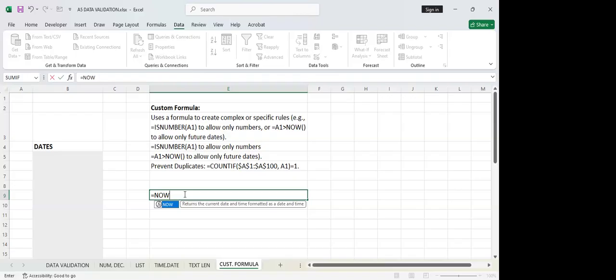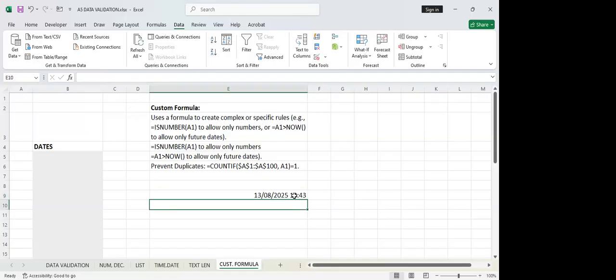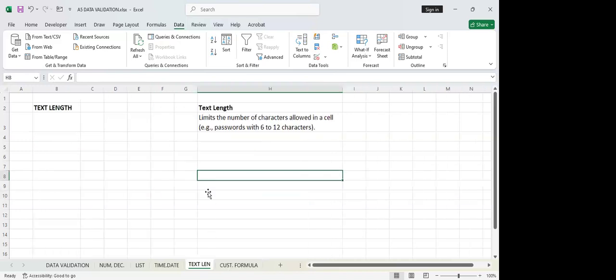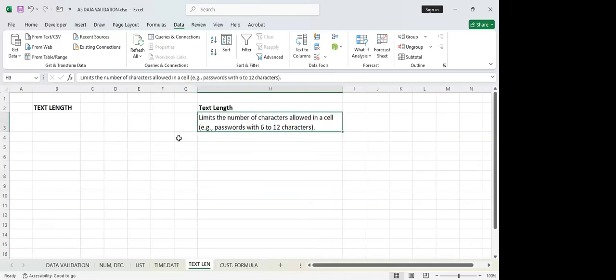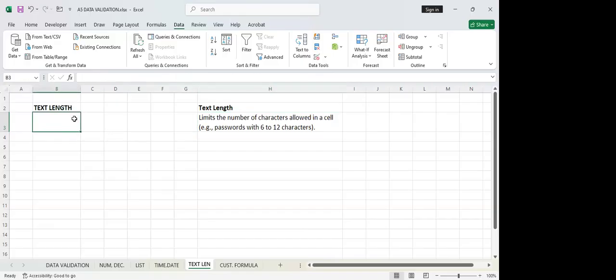So we are now at custom formula. What? I didn't hear you. The worksheet we are working on now. Yes. I didn't want to stay on test length. We did test length last class, right? Last class. Yes, in data validation, we covered test length where we set the cell to only allow a certain length of text. Yes. Okay, let's go over it quickly. Okay, sir. On the test length worksheet,